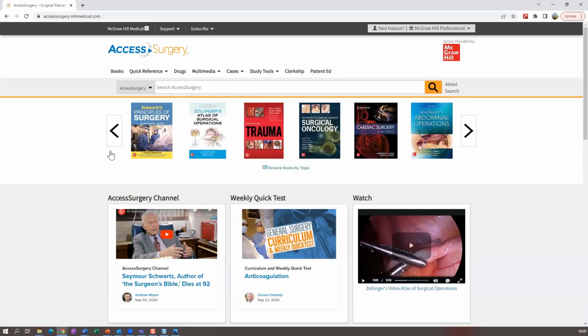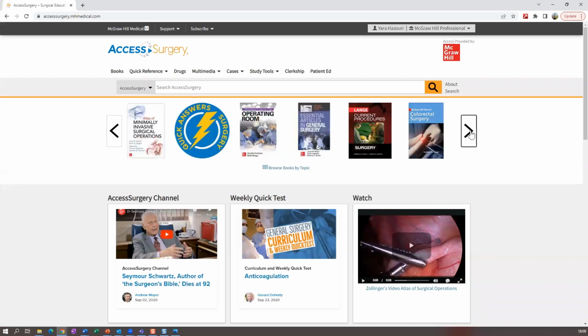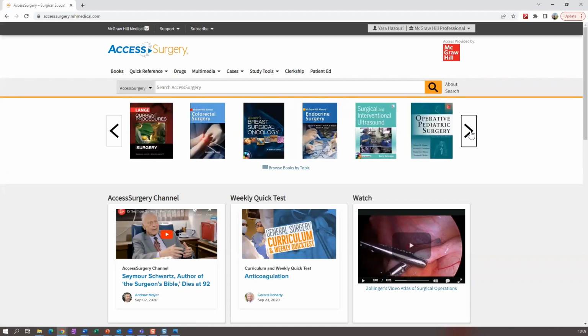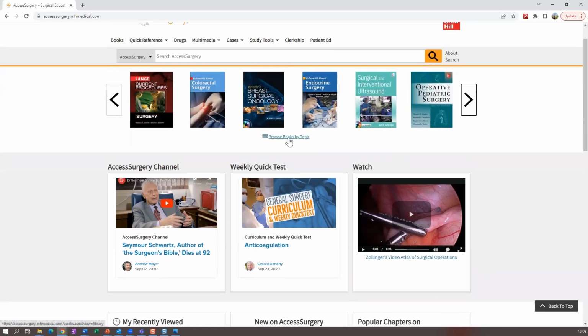Starting at the homepage, you can see the books are available for easy and quick access. You can hover over a book to read the full title, and you can scroll through the books using the arrows. You can also browse books by topic, and this is also available from the Books tab, which we will look